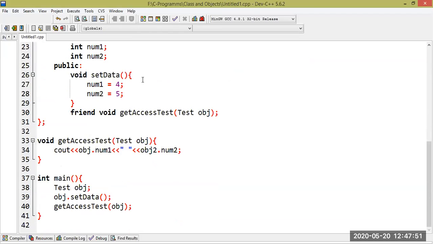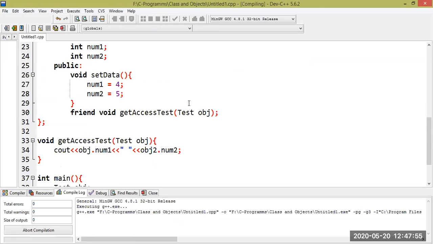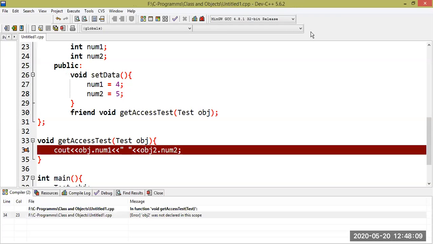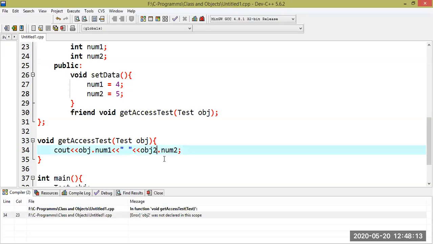Now save this code, then compile and run this file, and let's see whether this friend function is able to access the private data members or not. Okay, it comes with some error. By mistake I used obj2, but it should be obj.